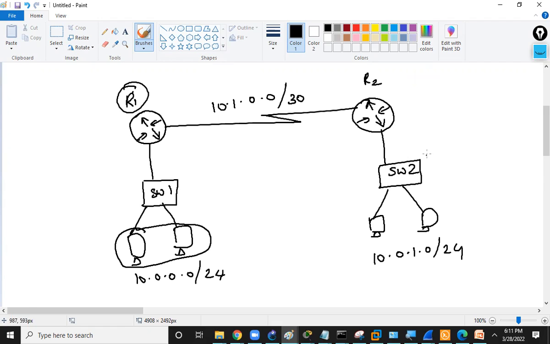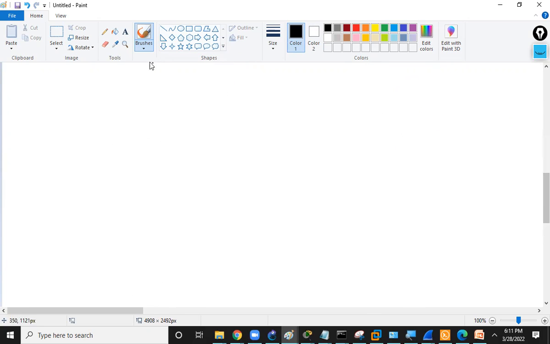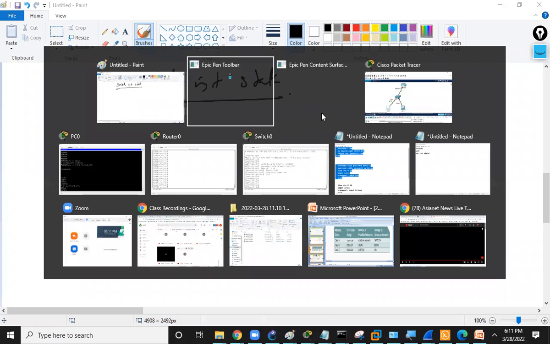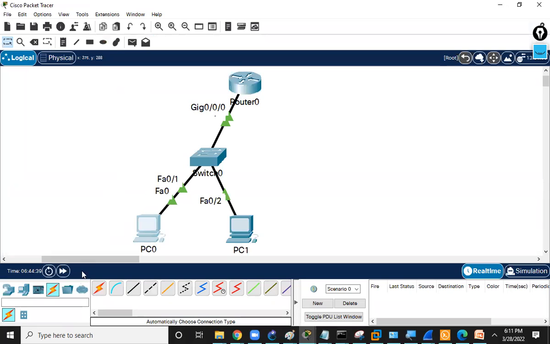Okay, now guys, we'll move on to the switch interface state. You have multiple states for the switch interface. Let me tell you here. Suppose you connect a computer,